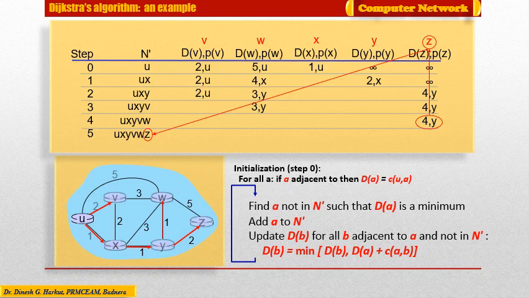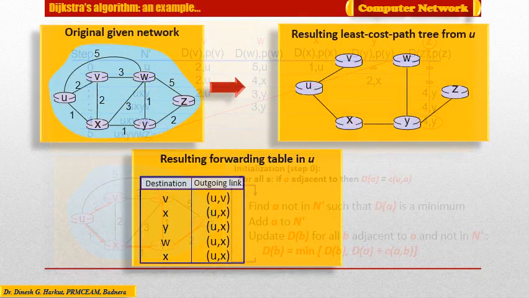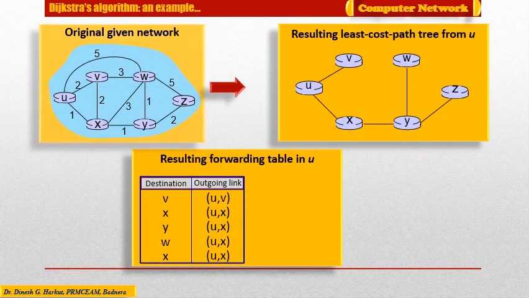This is how the link state algorithm computes the least cost path for all nodes in the network. And this information is stored in the respective forwarding table of the nodes. Once the link state algorithm loops through all the nodes and terminates, we have for each node its predecessor along the least cost path from the source node.